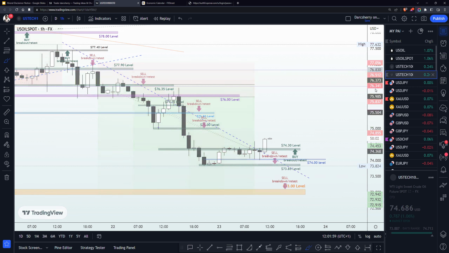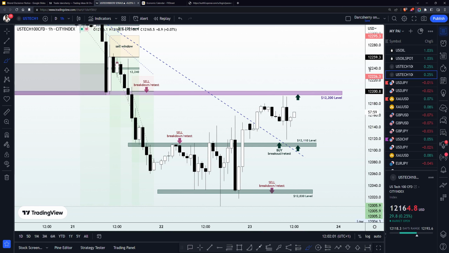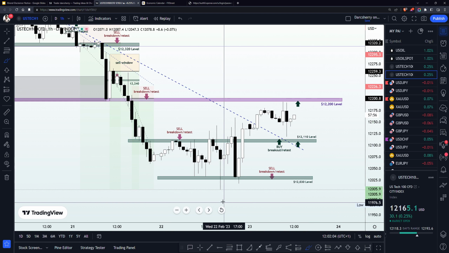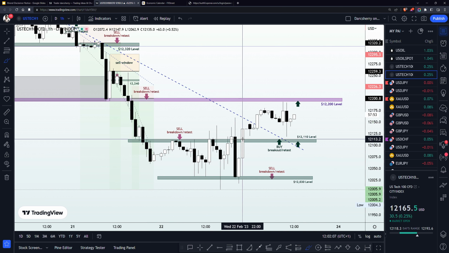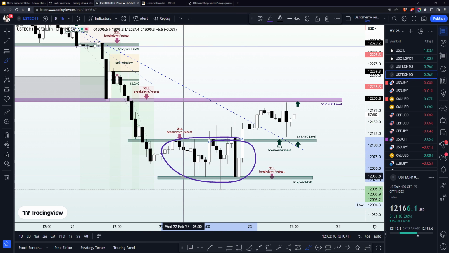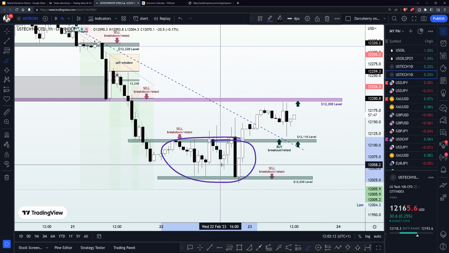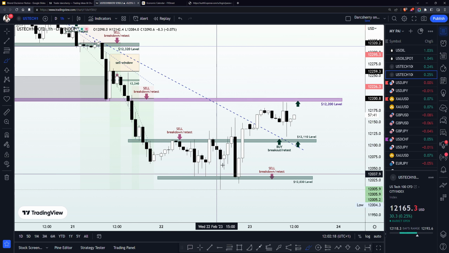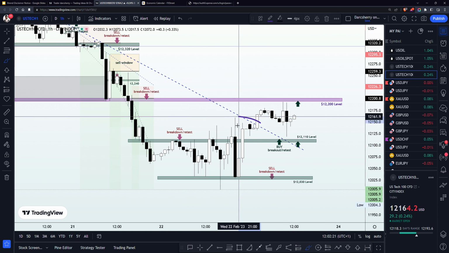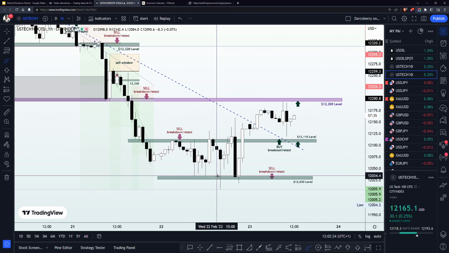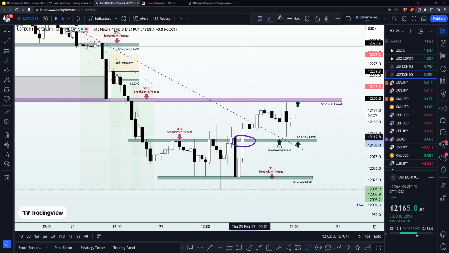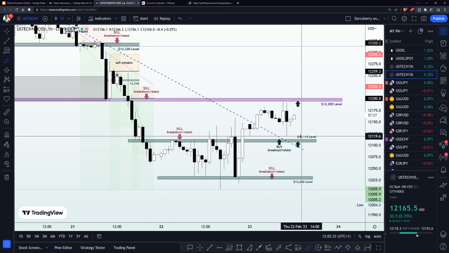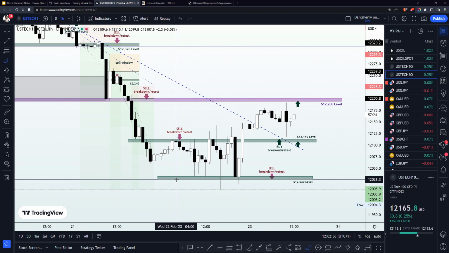Then we went on to talk about the US tech. I was able to expand this channel a little further after the volatility prior to the FOMC and post the FOMC yesterday, and we had the neckline of that reversal pattern at 12,110. We had the breakout of the structure, and the breakout of the bearish trend line gave us a signal that buyers might come into this market. For those who are taking advantage of this buy position, I told you to move your stop loss to your entry point, and let's wait and see how price action plays out from this level.